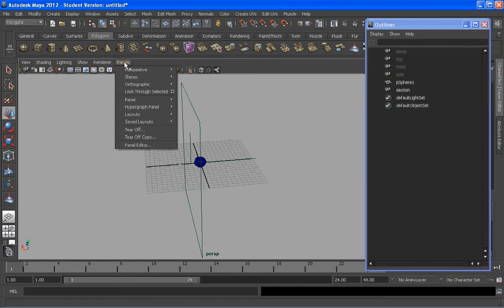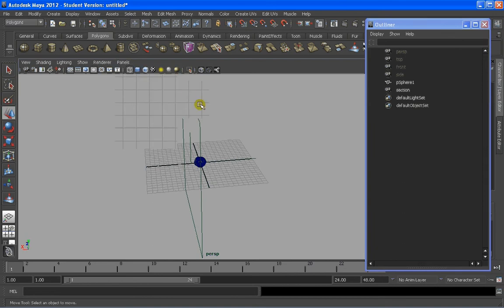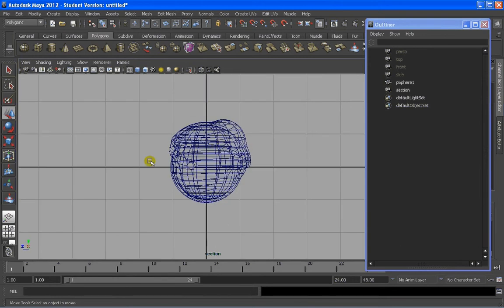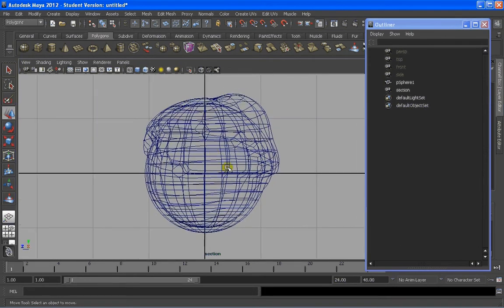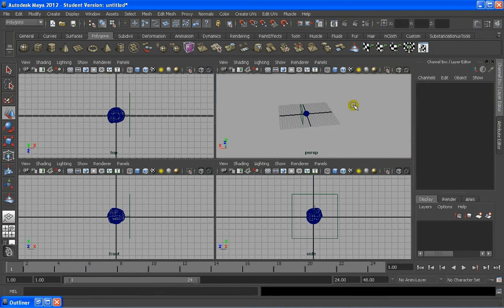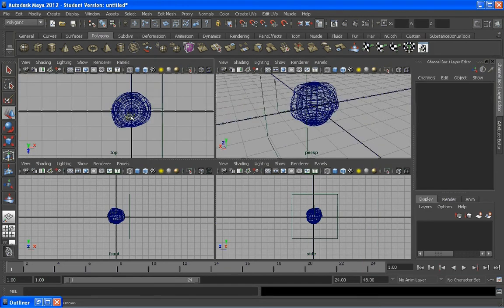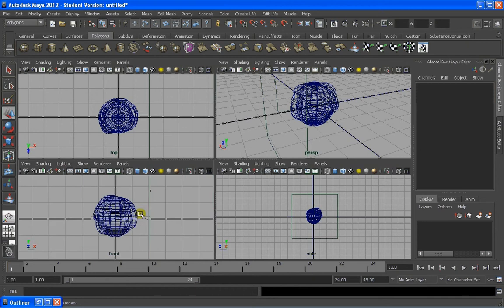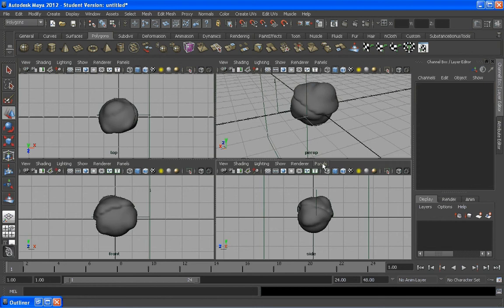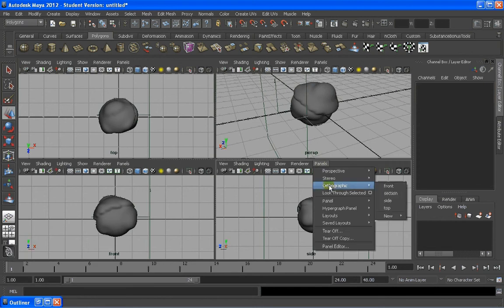We have to go to panels, orthographic, and the new camera that we created before is named here. So we have to press there in order to see the object from that camera. We can zoom in and out as if we were in the side elevation of the view, but the difference is that if we go to 4 views, we're going to see it very clearly. Let me minimize the outliner, get closer here, and press 5 on all of them, so we see what's going on. I'm going to go into this camera and select orthographic section,